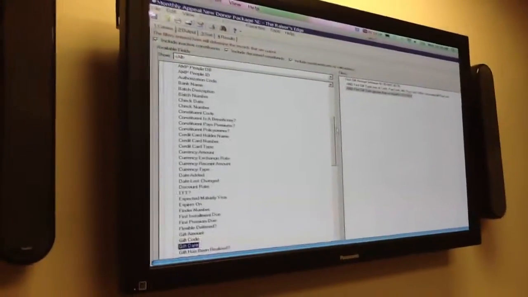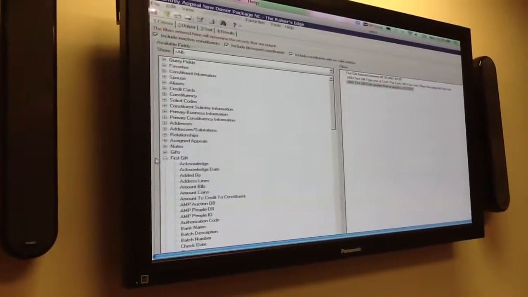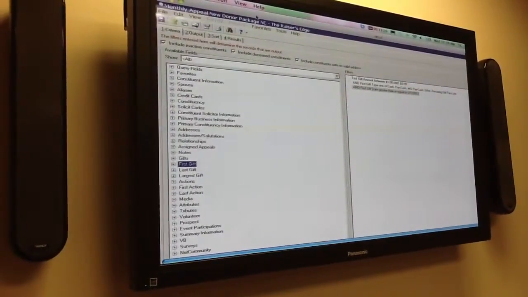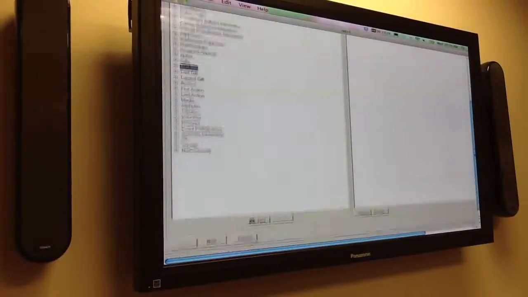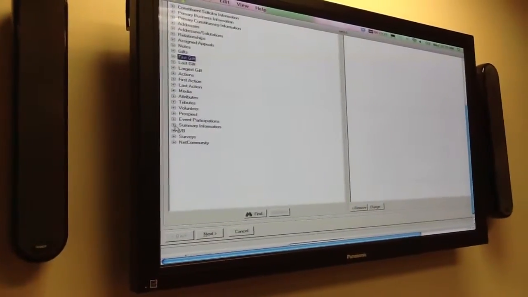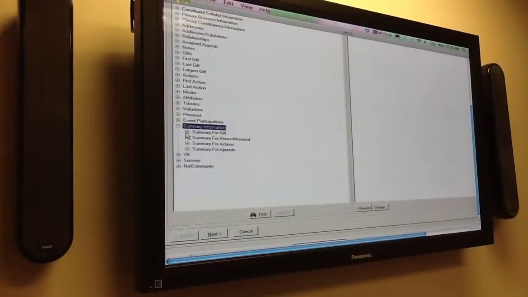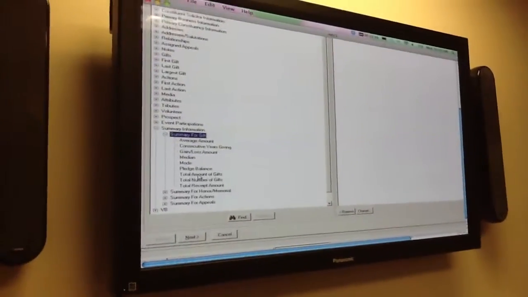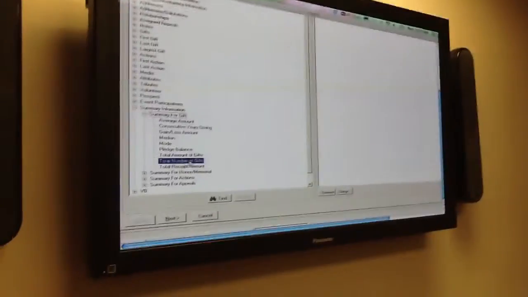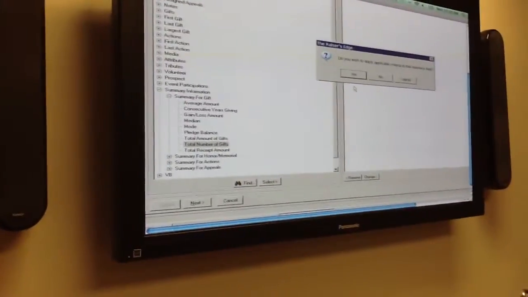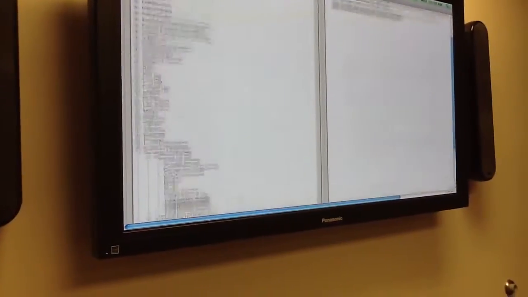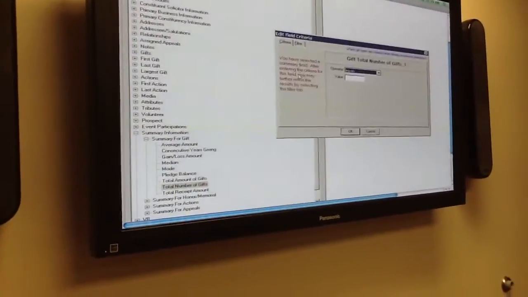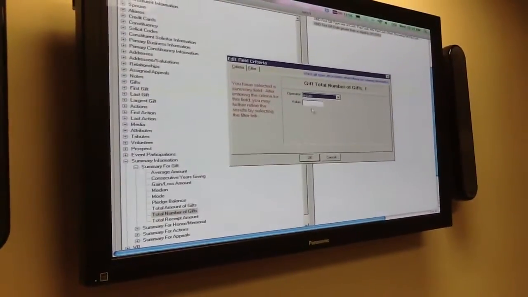So we also want, we're going to go down to, where is it? Summary gift information, summary for gift. This is where in the query options you can choose total number of gifts, total amount of gifts. So we want the total number of gifts. And a box should pop up. Okay, so we want the total number of gifts to be,